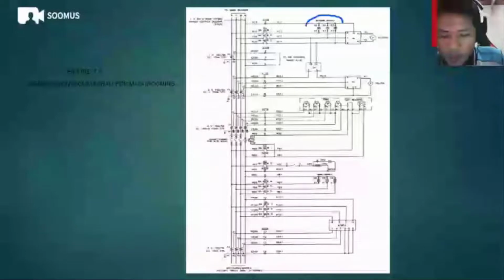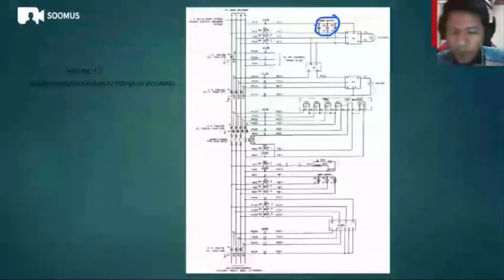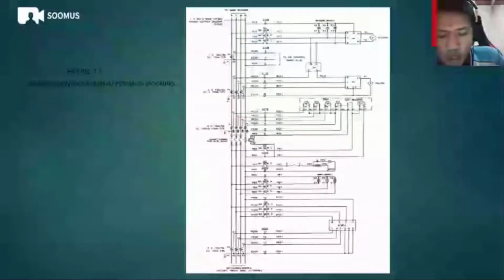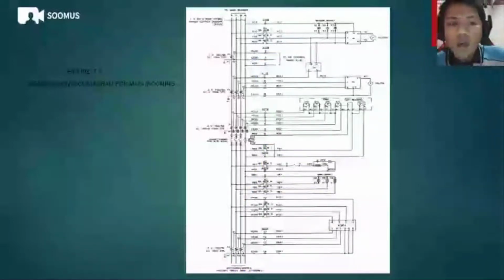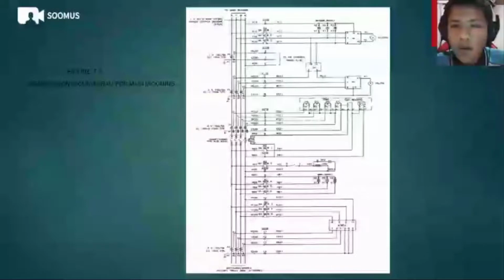So next we have the bus bar indicator light for the load or the outgoing bus bar that will light up to show that it has supply from our incoming supply, which is TNB. So that's all for the explanation for the schematic control diagram for main incoming. Thank you.